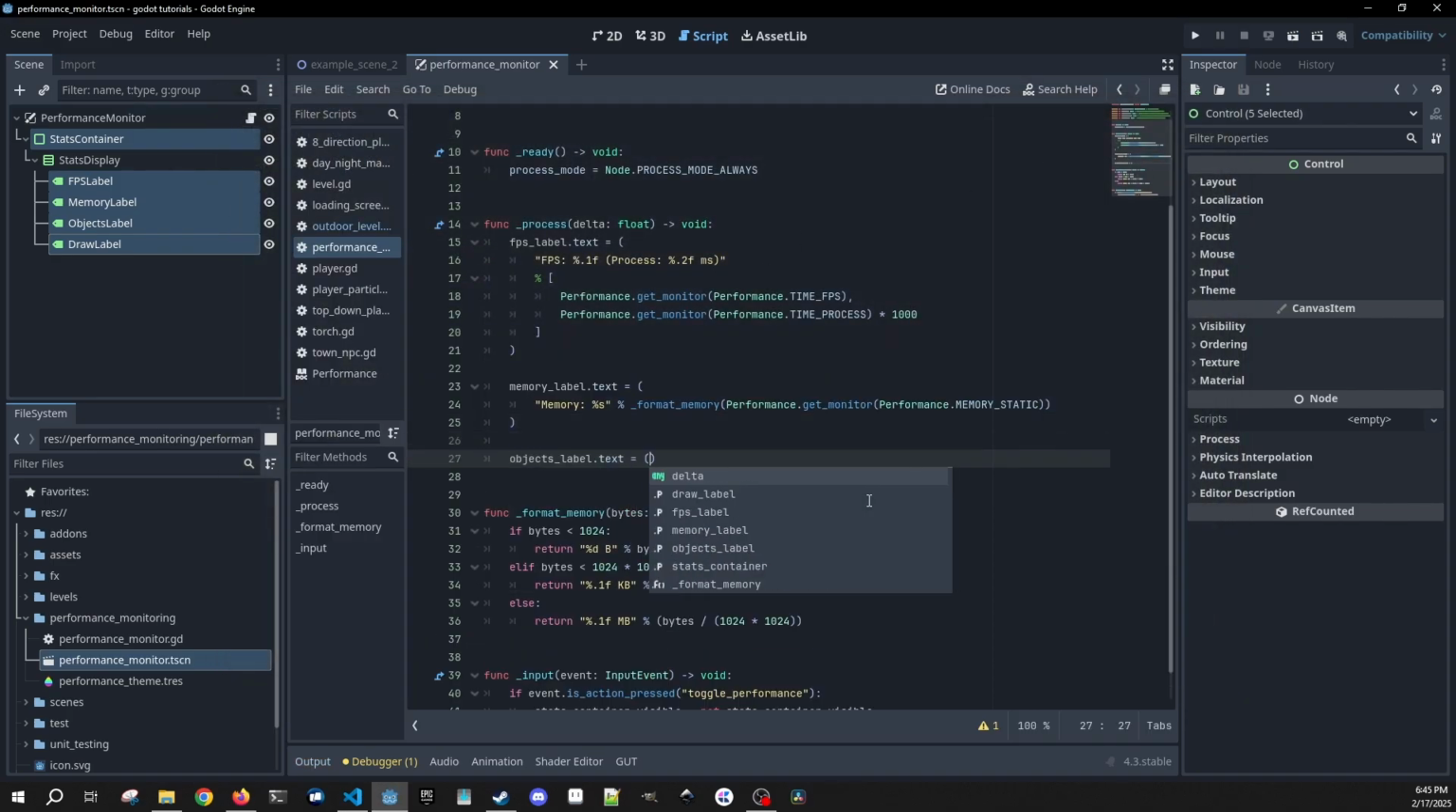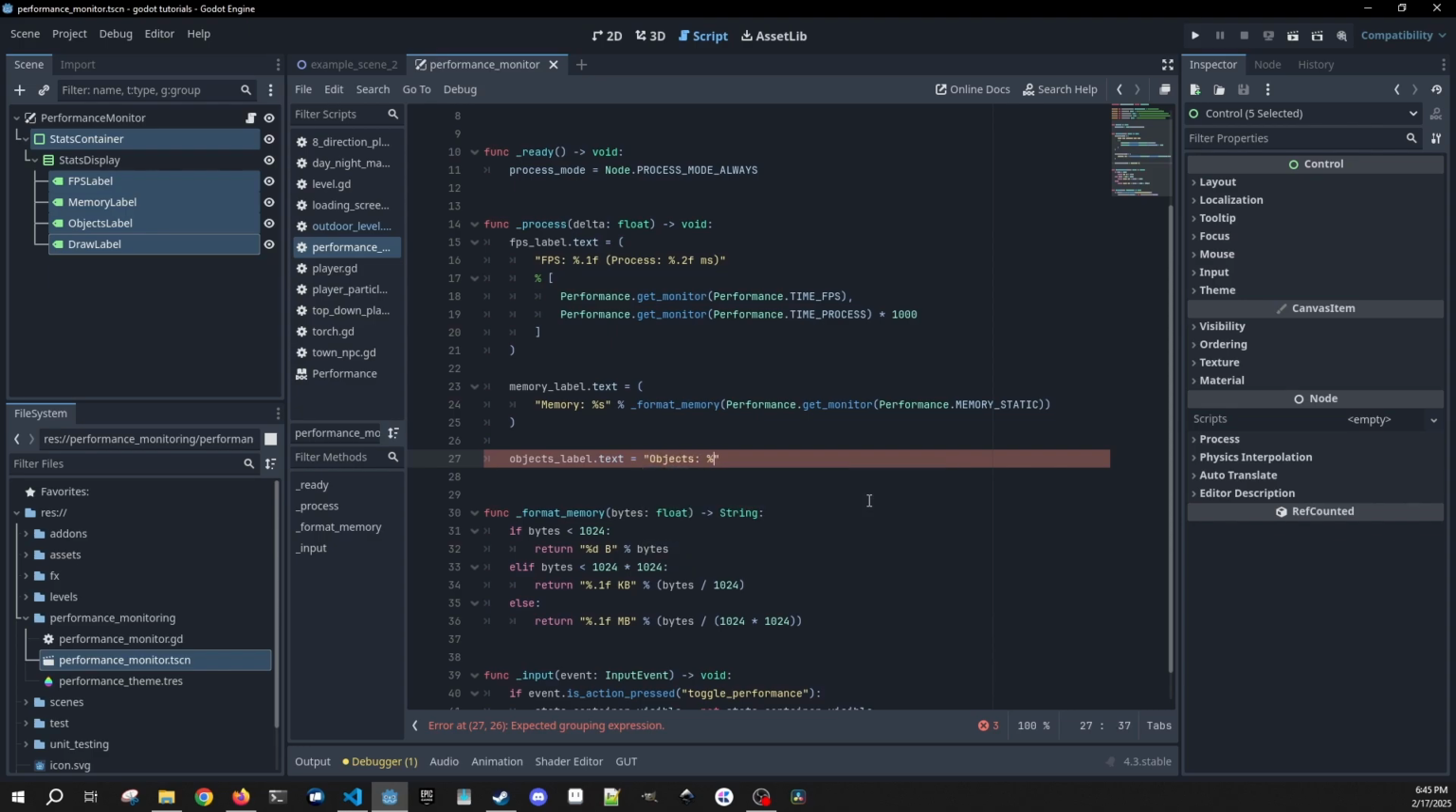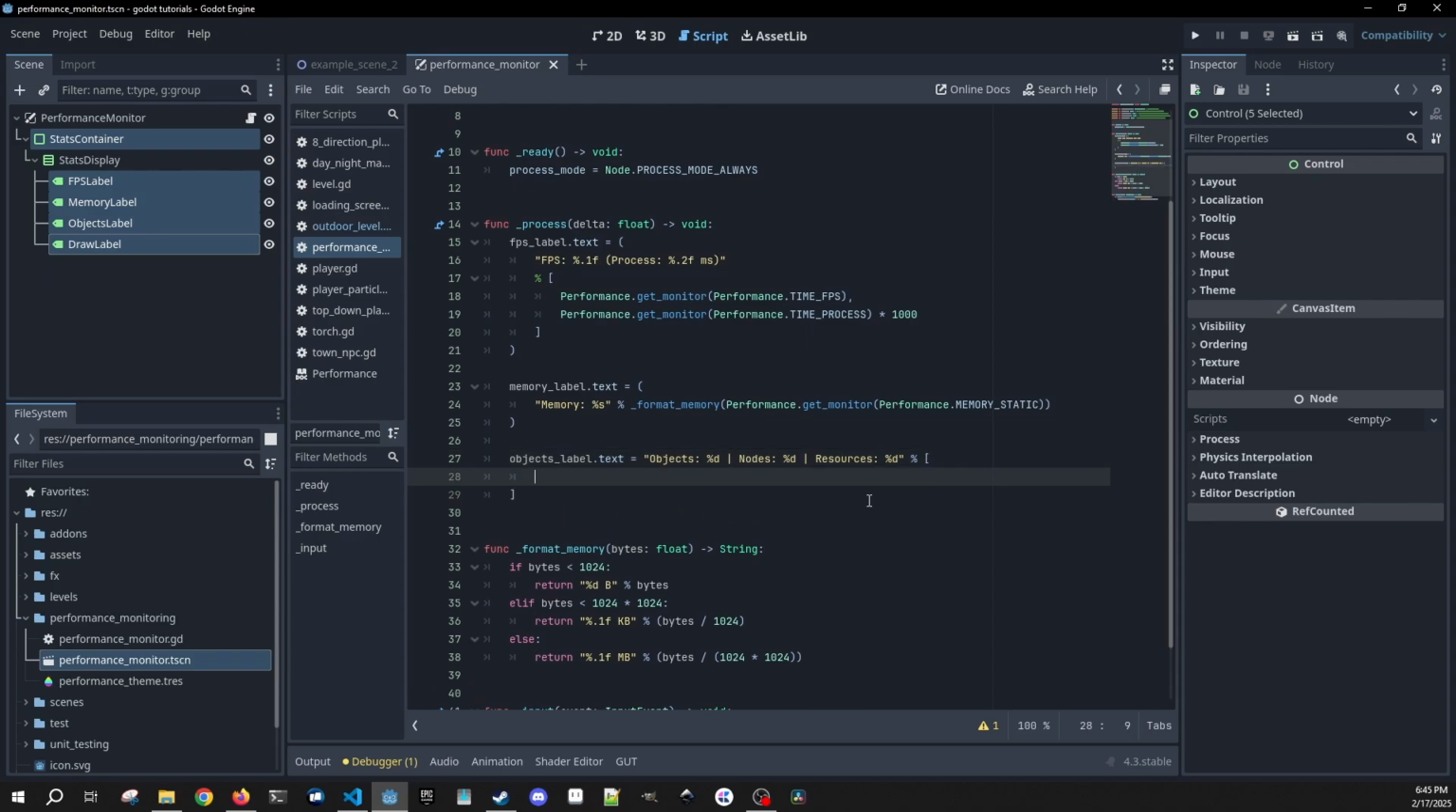Let's go do our objects label here. We're going to have this equal to objects %d. We're going to break this up, and we're also going to pass in the nodes %d, resources %d. And then we need to do the % here, and we need to pass in these 3 performance monitors